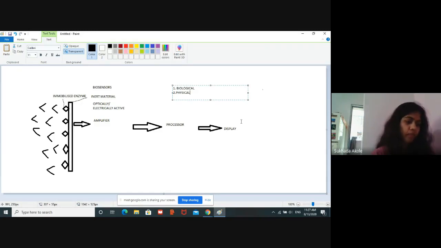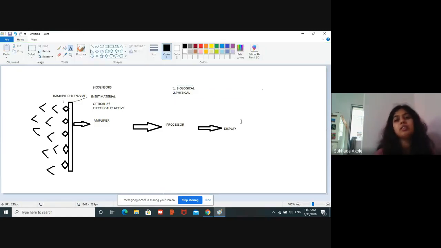Okay. Now what will happen, or how this biosensor functions, is the biological component is going to identify my test substance or my analyte. So if I have to identify the amount of glucose, I will add glucose oxidase here, attach it with, say for example, a fluorescent substance or a substance which gives out electrical activity when my enzyme reacts with the substrate. Okay.